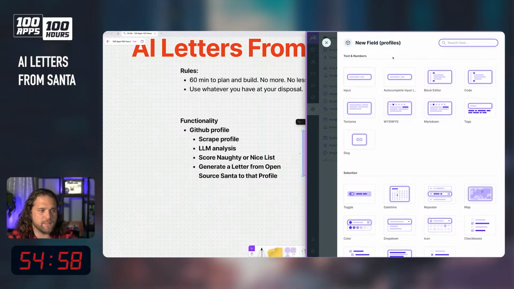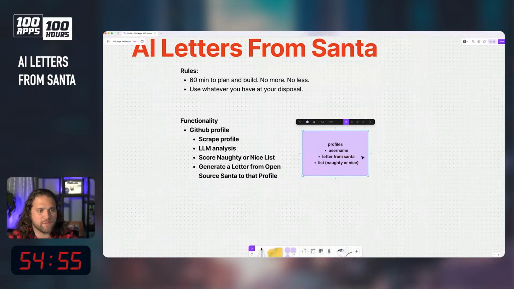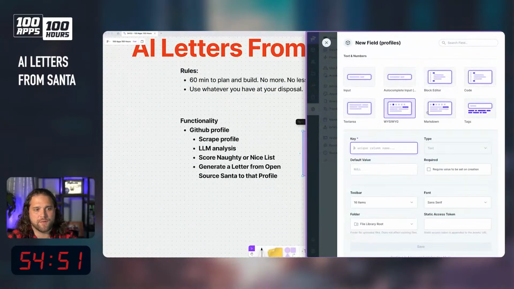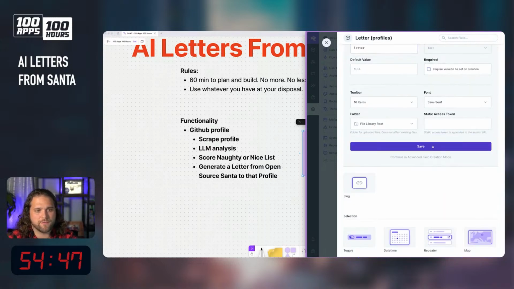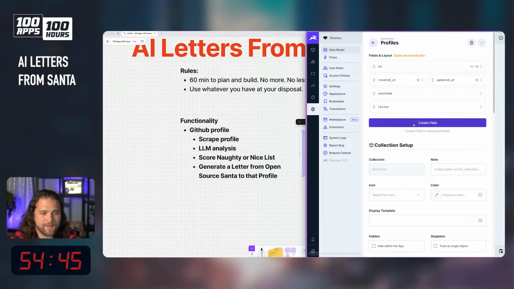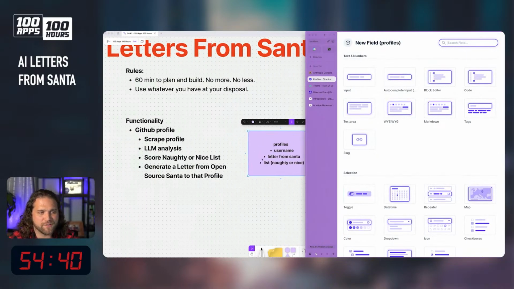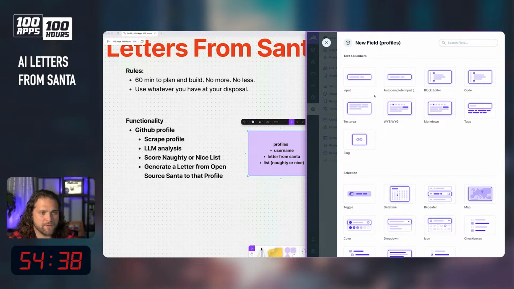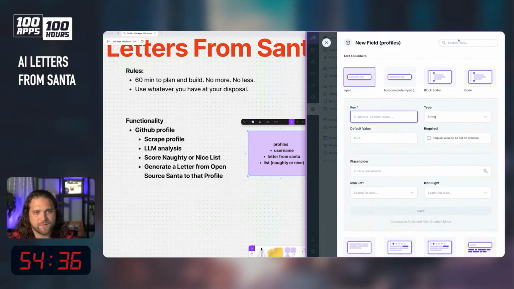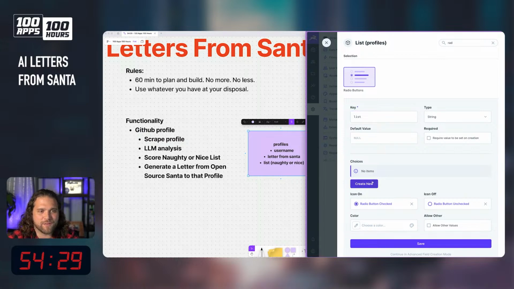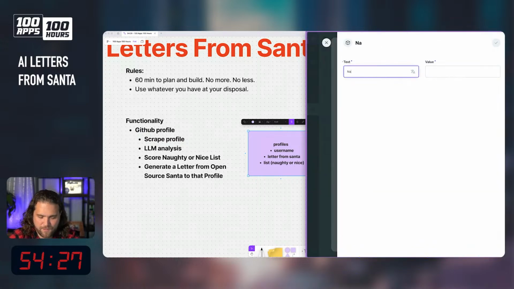What else do we need? What else did we have here? We've got the letter from Santa. What is that going to be in? Let's just call it letter. Great, we'll use the WYSIWYG editor inside Directus, so we could just store, I'm assuming, HTML content for that. And then we've got the list. So that's basically going to be a string. We can, you know, make this look nice inside the Directus admin. We'll just give it a naughty